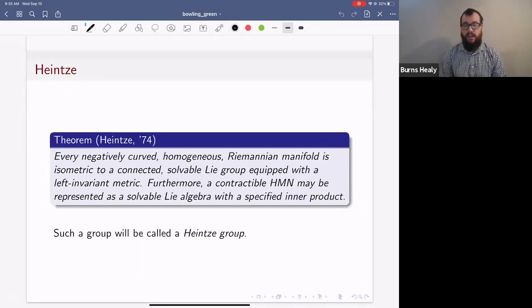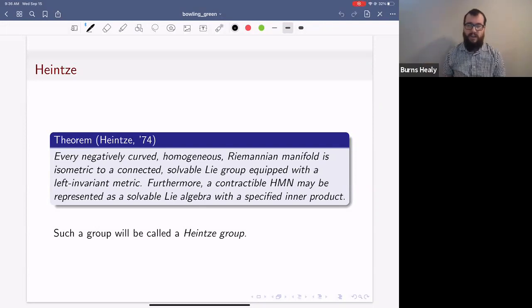So he said, okay, you do get some things beyond just symmetric spaces, but they don't look that different. So what he tells you is that every time you have a negatively curved homogeneous Riemannian manifold, which will heretofore be called a Heintze space for this result, anytime you have such a space, it's isometric to a connected solvable Lie group equipped with some given left invariant metric. Okay. And furthermore, if you're looking at one which is contractible, if you're looking at one which is diffeomorphic to R to the n, then in fact you can give that a representation as a Lie algebra equipped with